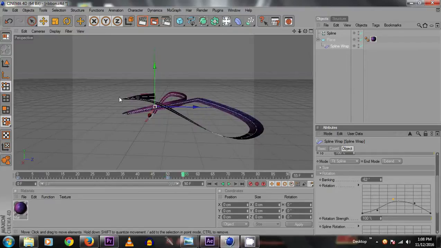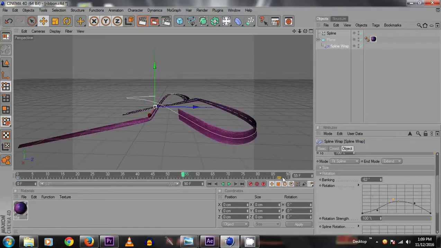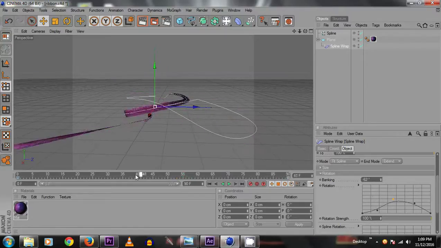Okay, it is the single ribbon. We can lengthen the animation by dragging the keyframe to 90 frames. Now the animation will be slow, but we can have a smooth animation.